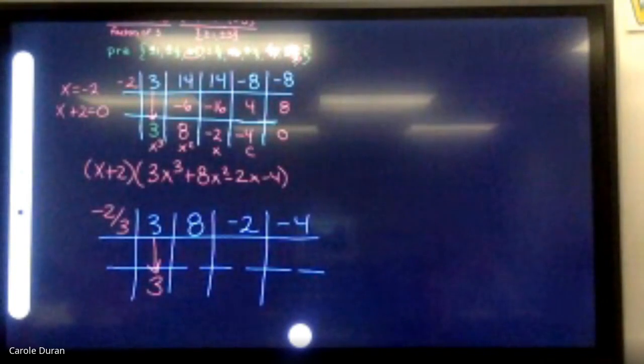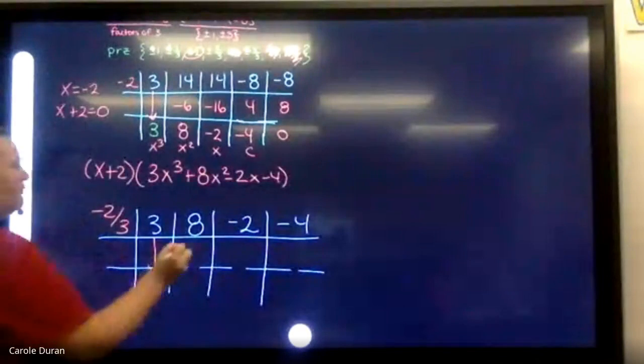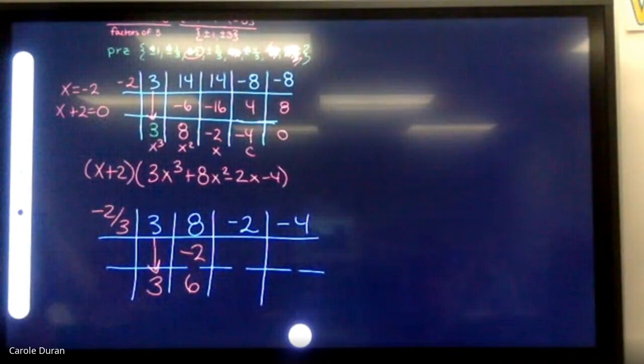Negative 2. 3 times a negative 2 is negative 6. Divided by 3 is negative 2. 8 minus 2 is 6. 6 times a negative 2/3